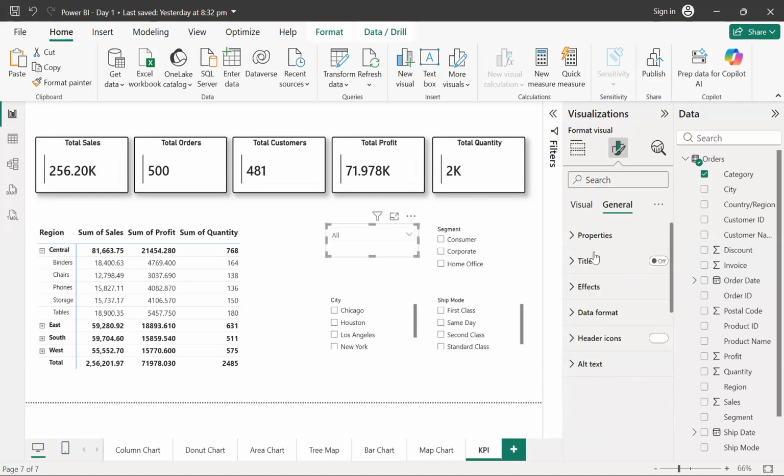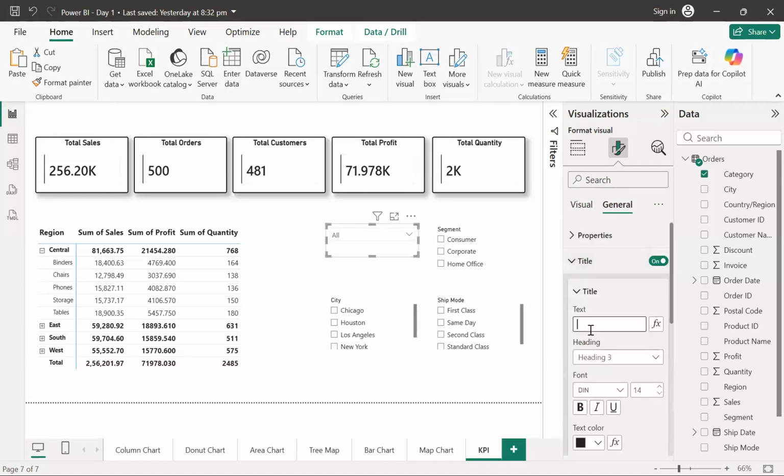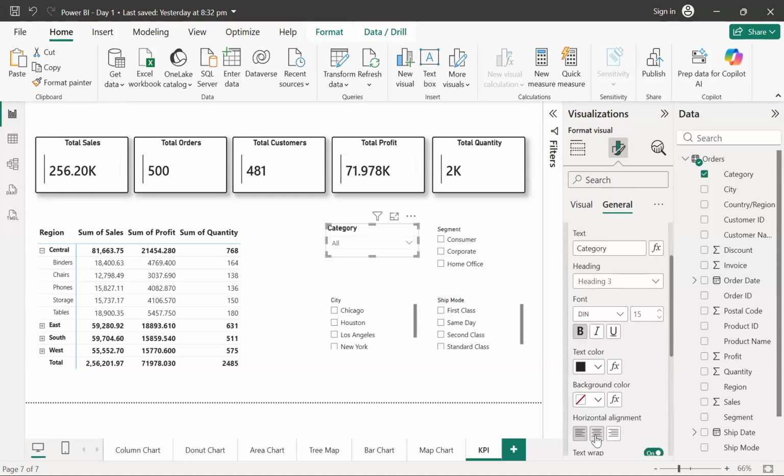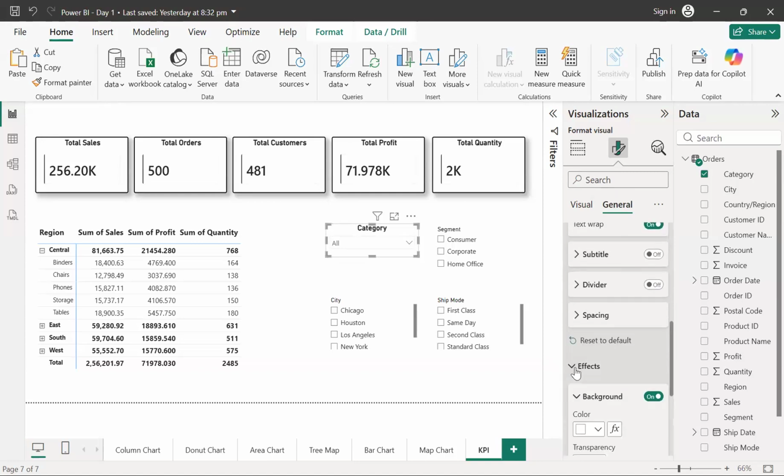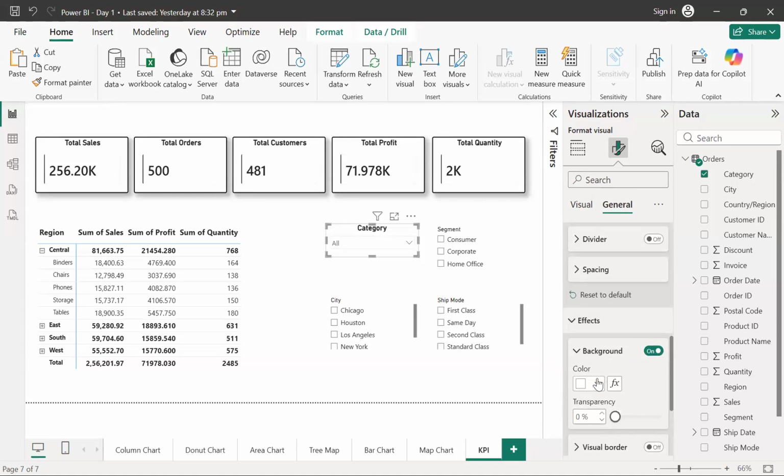Now in the general section, guys, on the title, I can just write it as Category. Now this category text, I can increase the size, make it bold and bring it to the middle. Now similarly, guys, I can add the effect just like we have added in the cards.